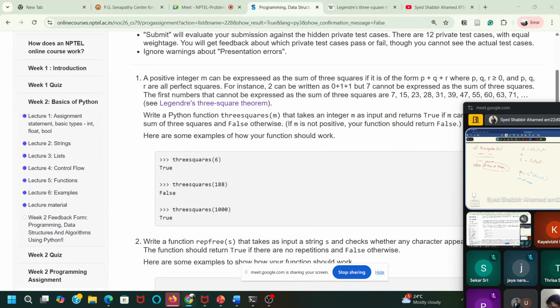It means m cannot be expressed as sum of three squares.